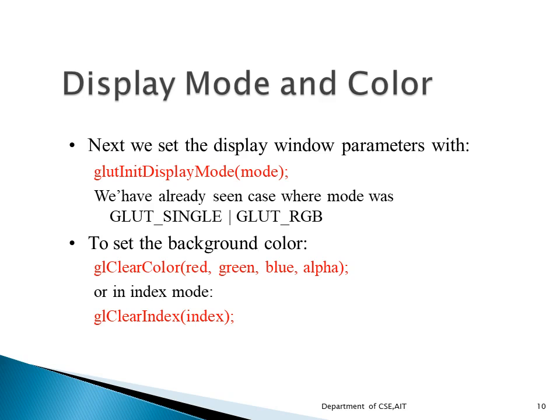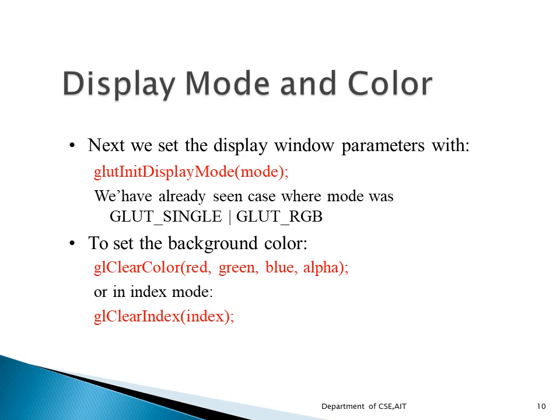And RGB is the default color mode that I am going to use. And RGB, usually it will be in terms of RGBA. That means we will be having one alpha to talk about the transparency. When we give glutInitDisplayMode with GLUT_SINGLE or GLUT_RGB, that means it is a combination of single buffer and we are making use of the RGB color system. The color mode specification is equal to RGBA.